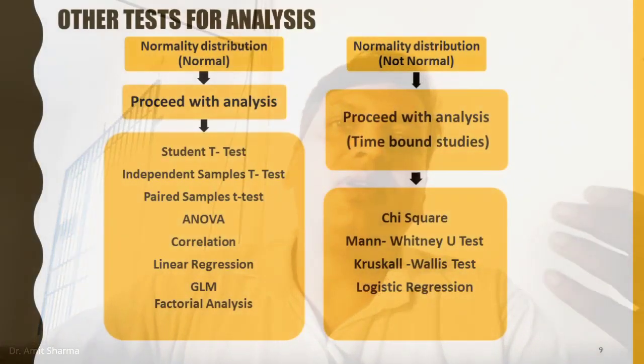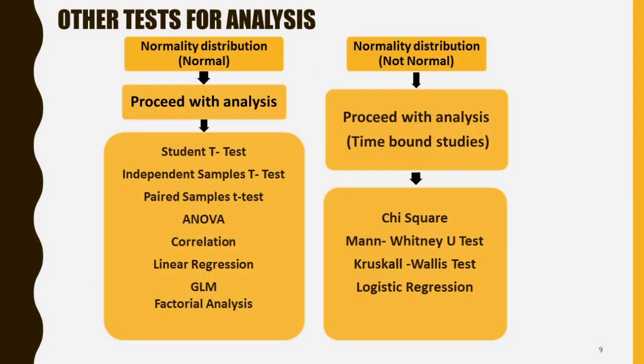So these two graphs can be used to find out whether the age of the patient or any other numerical value you have in your research is normally distributed or not. This distribution is very important to find out whether your data is normal or not normal. Only then can you choose the appropriate statistical test for your research. This test is going to help you find out whether you have to go for the parametric test or apply the non-parametric test.